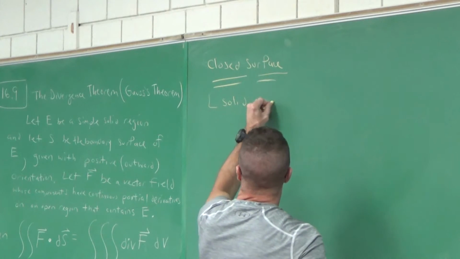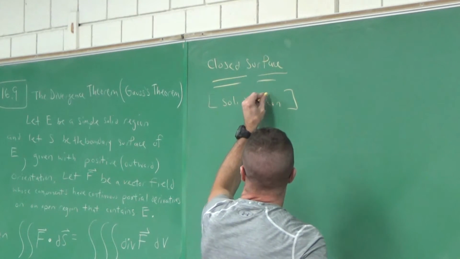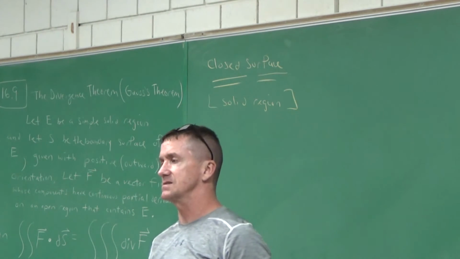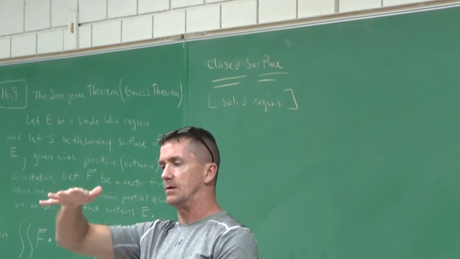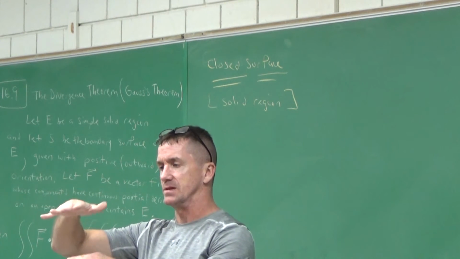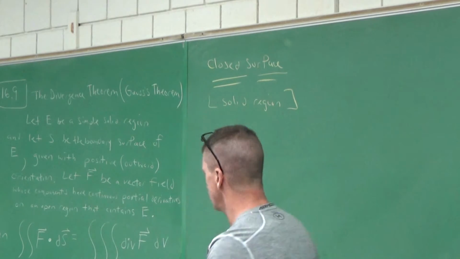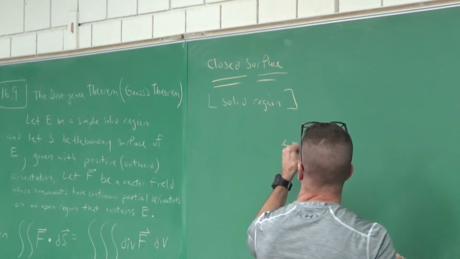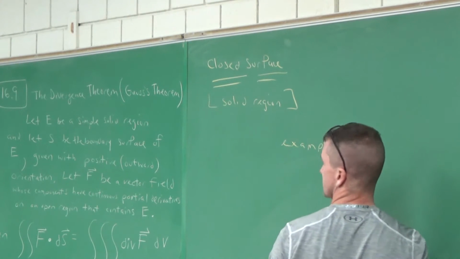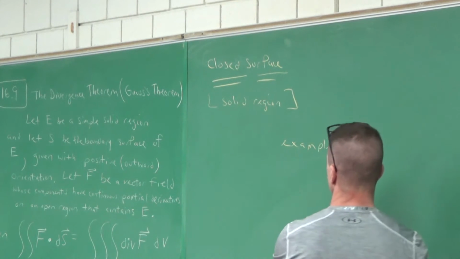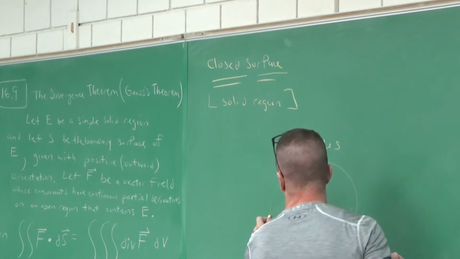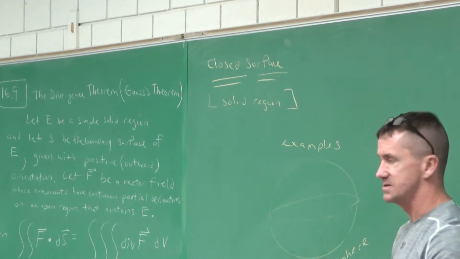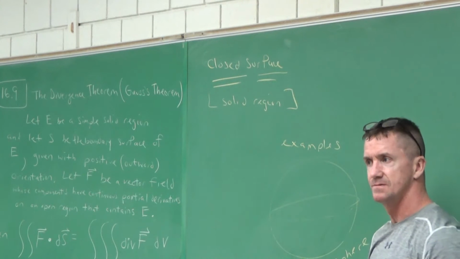So before, we found the flux of some vector field across some surface. The last thing we did in our last lesson was we dealt with a paraboloid, and there was a top disk like this. And with the top disk above the paraboloid surface, that would be a closed surface. So some examples of what we're talking about. What would be some closed surfaces, like a solid region with an entire closed surface? The first one, probably the most popular, is a sphere. Right? There's a solid region with a closed surface.